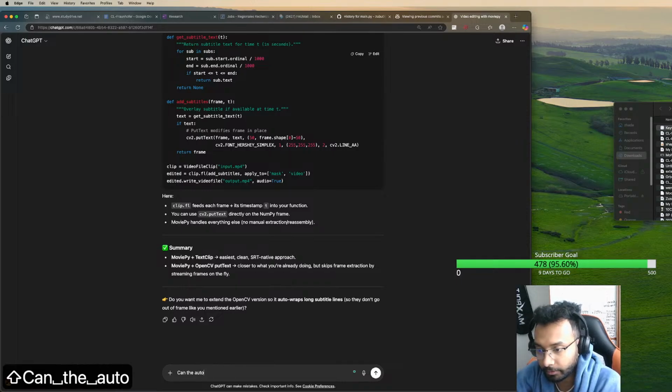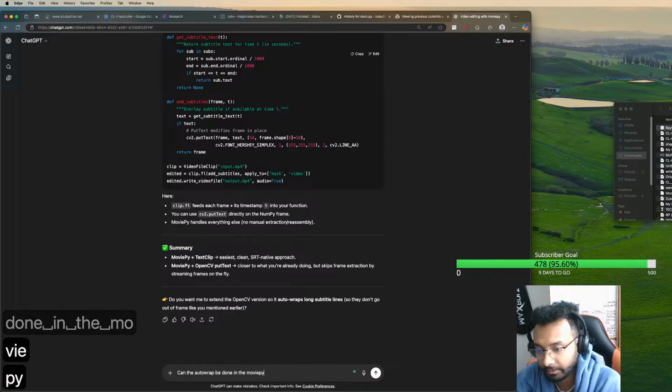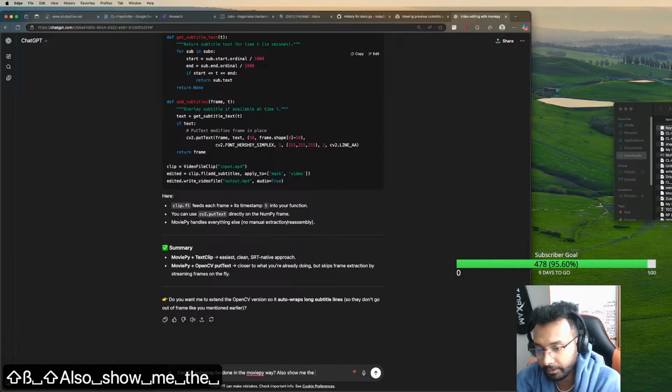Can the auto wrap be done the MoviePy way? Also show me the OpenCV way for auto wrap